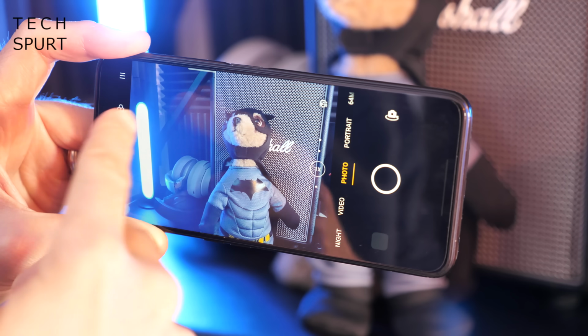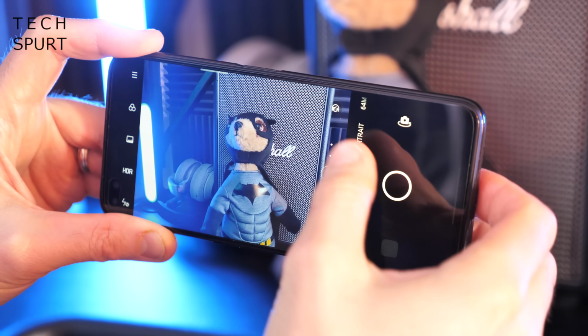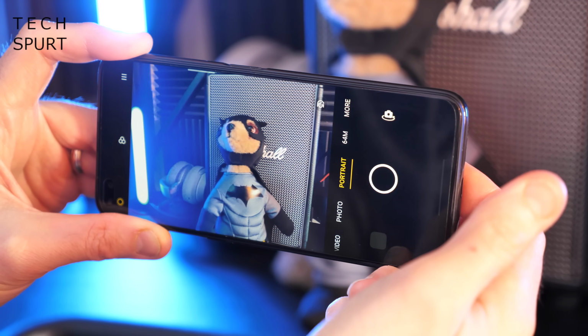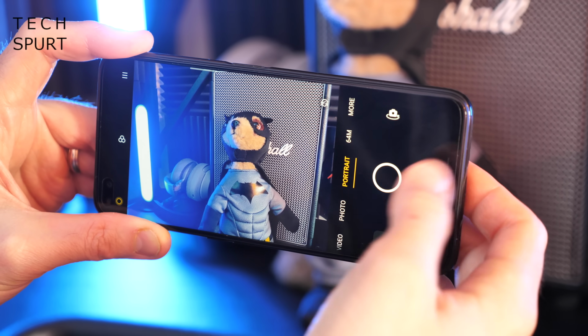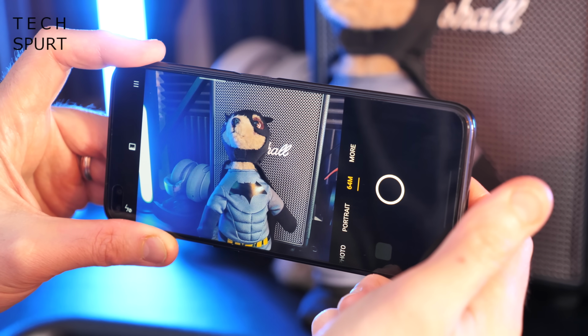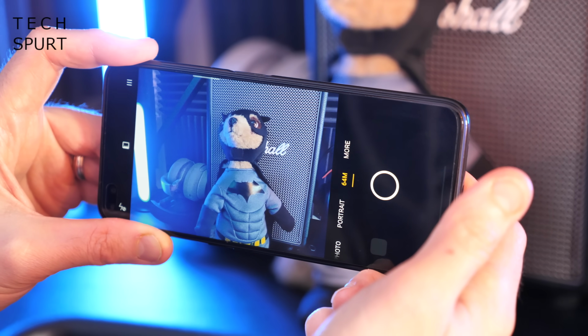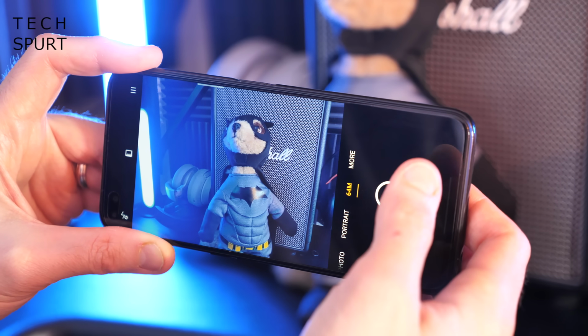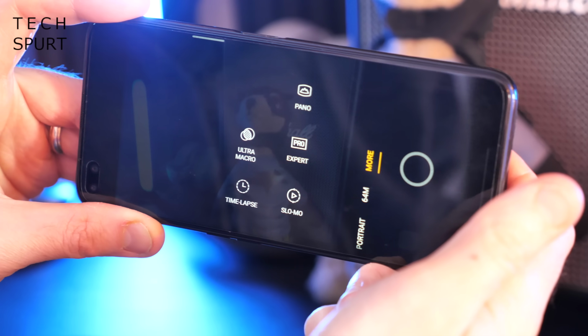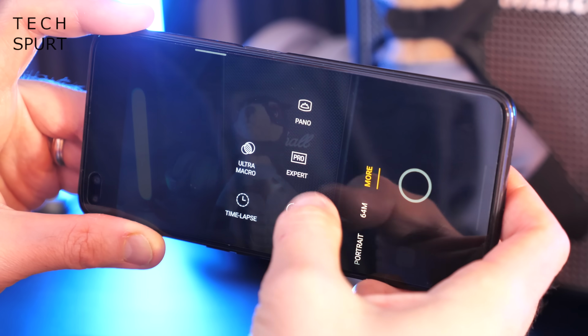Of course, you've got the usual AI gubbins and everything on board as well. You've got a bit of portrait smarts thanks to the multi-lens setup, that should hopefully get a nice bokeh style action on the go. You've got a full 64 megapixel mode if you want to shoot at that maximum resolution, otherwise it shoots at 16 I believe it is by default, using a bit of pixel binning just to brighten things up. Then of course you've got that ultra macro mode, which makes full use of that separate macro lens,